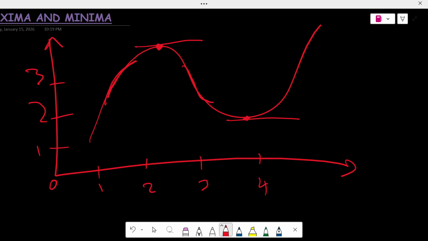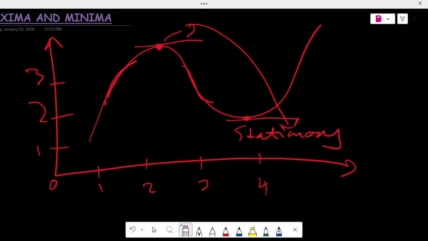Even at this point the function is neither increasing nor decreasing, and this is a stationary point. We call these points stationary, as well as this one, right? So we have an increasing function, a decreasing function, and a function that's neither increasing nor decreasing, so that function is stationary. All right,